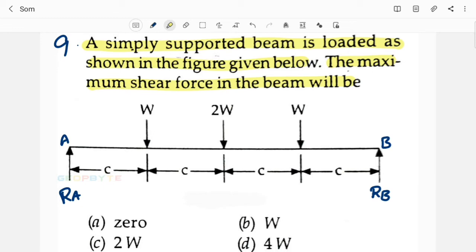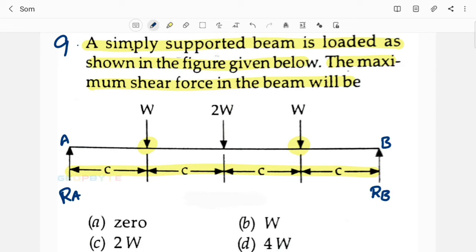The distance between any two loads remains the same, and the distance between the support and the load also remains the same. The total distance is 4c. This load is acting at a distance of C from B. This load is acting at a distance of C from A. And exactly at the middle,